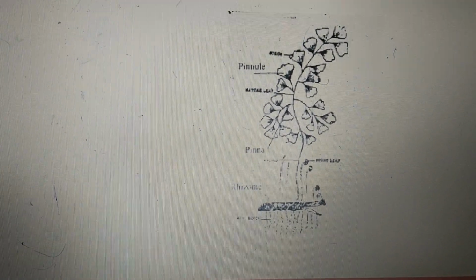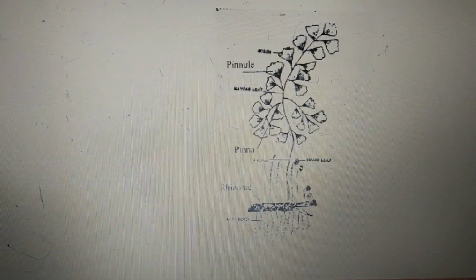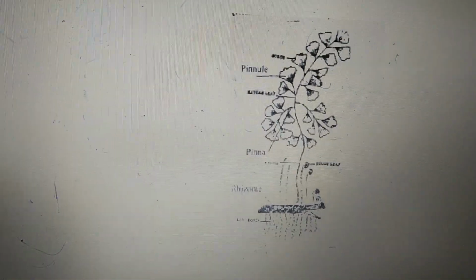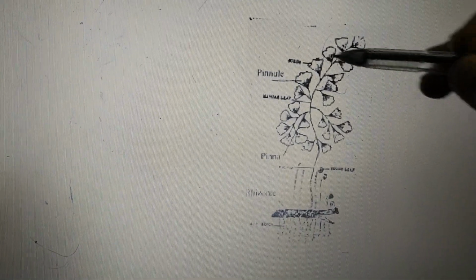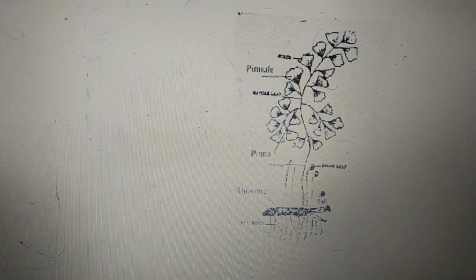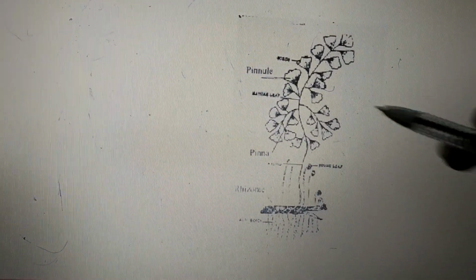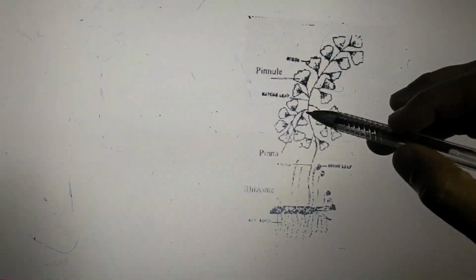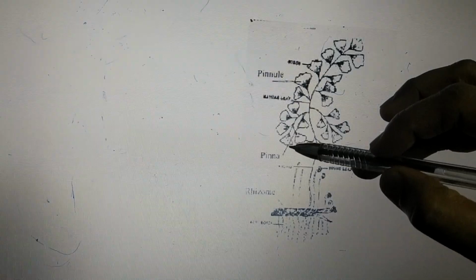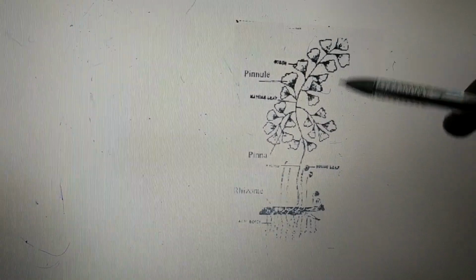Now this leaf is bipinnately compound. Bipinnately compound leaves means a leaf having a feathery appearance. We can make out here that it has a feathery appearance. Leaflets are arranged on both sides along a common axis. There is a primary division of this pinnate leaf as well as a secondary division of the pinnate leaf. The primary division of this pinnate leaf is this part. This is called the pinna, the primary division of a pinnate leaf. Pinnate is nothing but this feathery appearance.